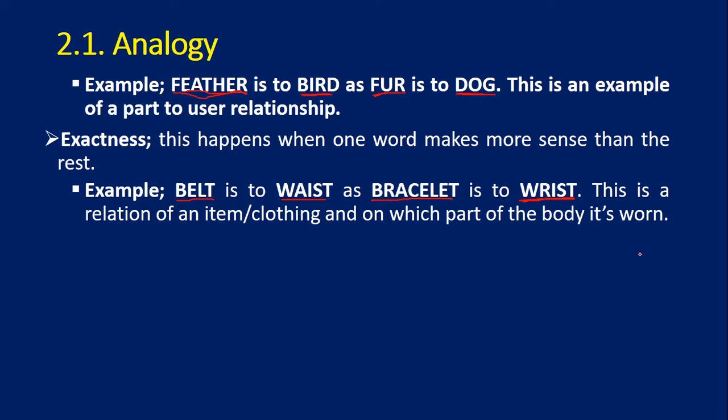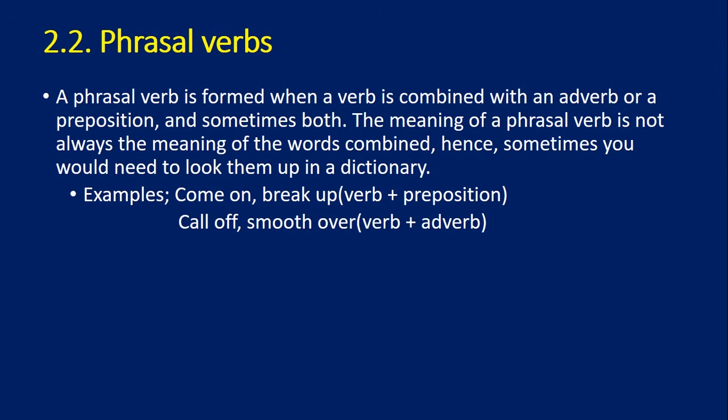Horse to blank. If we have car, we drive a car, so what do we do with a horse? We ride a horse, obviously. So we ride a horse, we drive a car. We fill in this analogy based on the first pair and the second pair, whichever makes more sense. Okay, so this is enough for analogy. We continue to the next lesson, phrasal